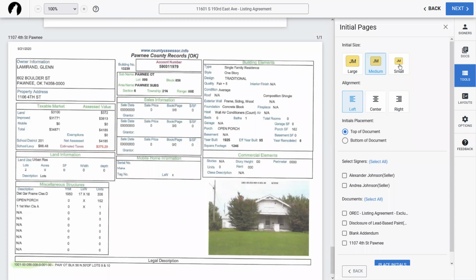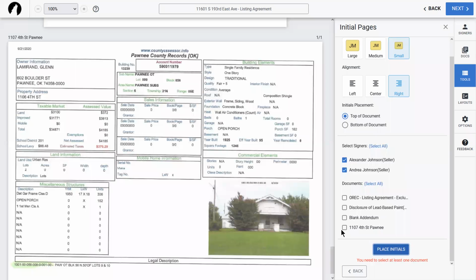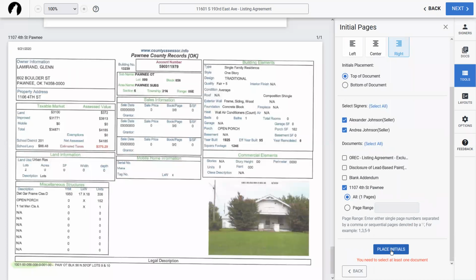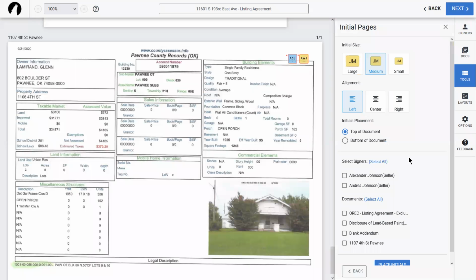I want to make sure that it's small, up at the top of the document, top right, and I need to make sure that Andrea and Alex both have that on there. And when I hit place initials, it automatically, oh, I need to only do it to the tax document. Excuse me, that was my mistake. One last step there. Then place initials, and it automatically puts in those initial blocks up at the top of the pages. So again, you can do this to other documents as well.